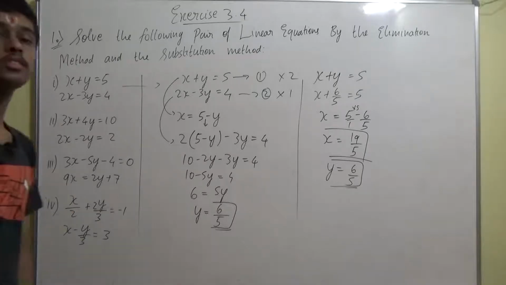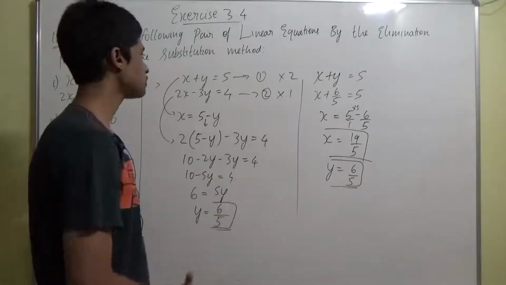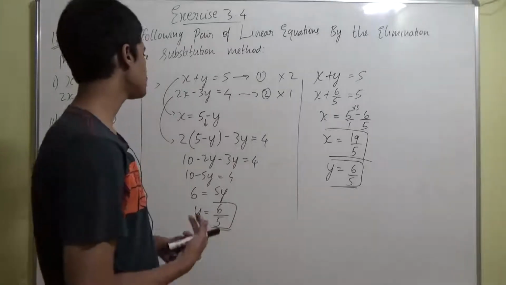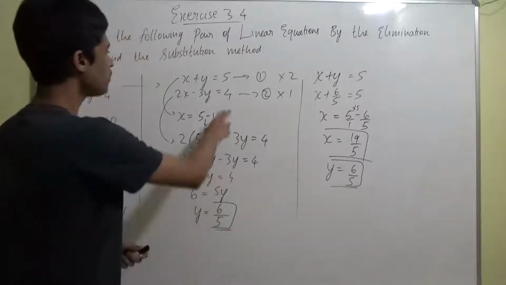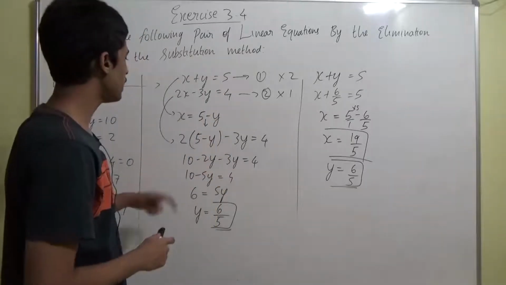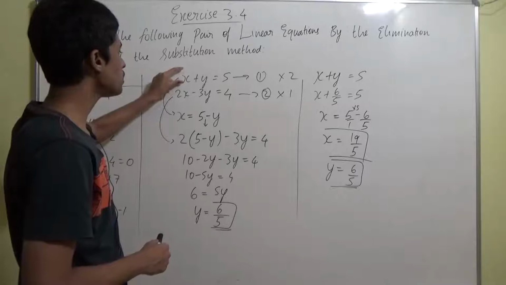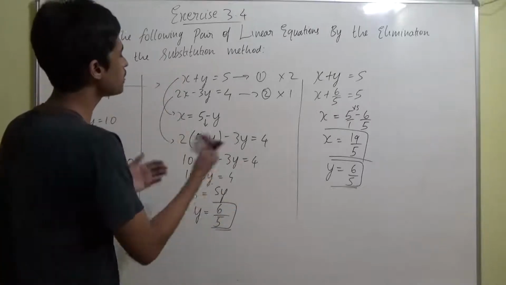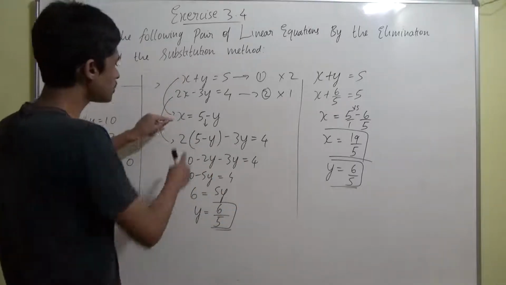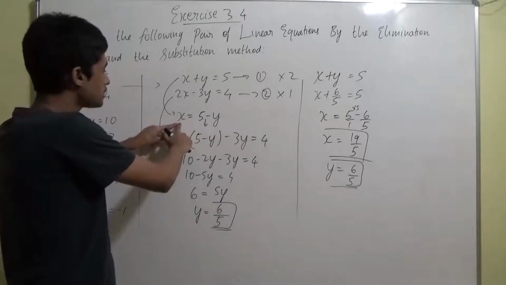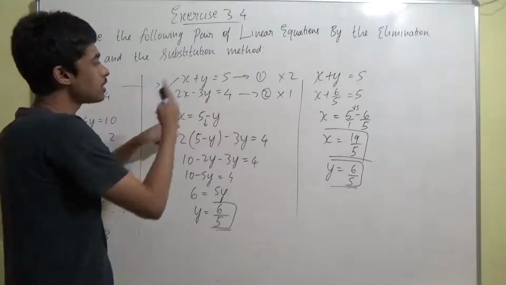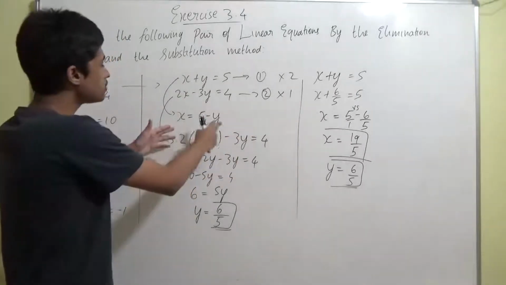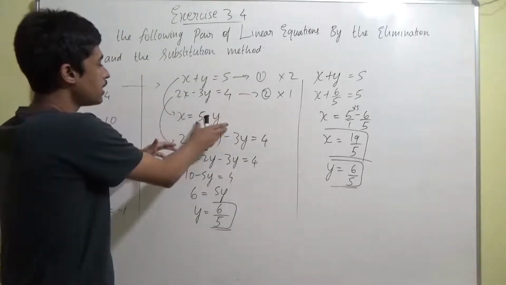So guys, in case you had forgotten how to do it by substitution method, let me give a small recap of what I did. Done. So they would have given you two equations. You have to write the value of one variable in terms of the other variable and the number present. If you see in the first question what I did, I wrote the value of x, that is the value of one variable, in terms of the other variable, which is y, right? There are two variables in the equation. In terms of the other variable and the number present, I wrote it like this.